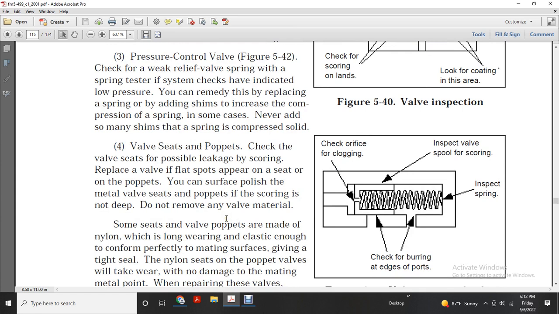Replace the valve if a flat spot appears on the seat or on the poppet. Clean the surface and polish the metal valve seat and poppet where there is light scoring, but do not remove any of the valve material. Some valve poppets are made with nylon, which is long wearing and elastic enough to